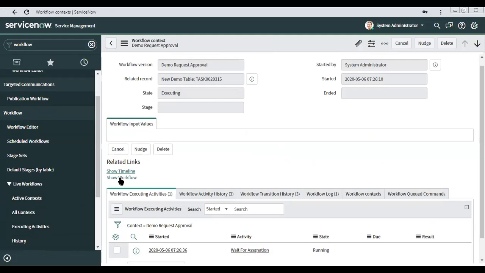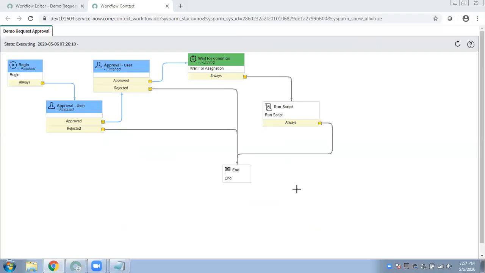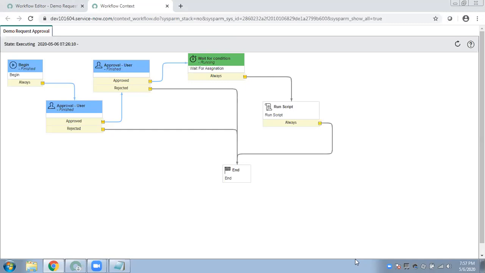So if I click on show workflow, see, its first level approval is done, second level is done, and now it is waiting for the asset to be assigned to the user. Okay. Now, that is a fulfillment part, right?